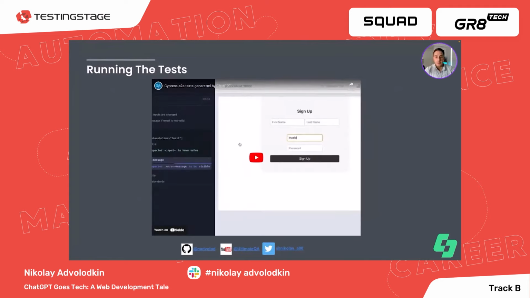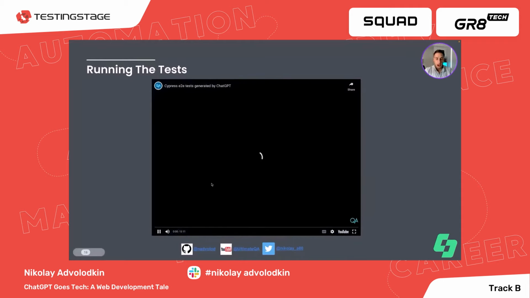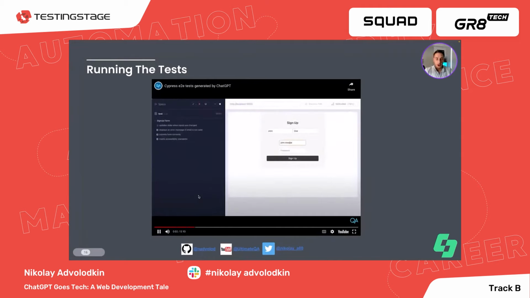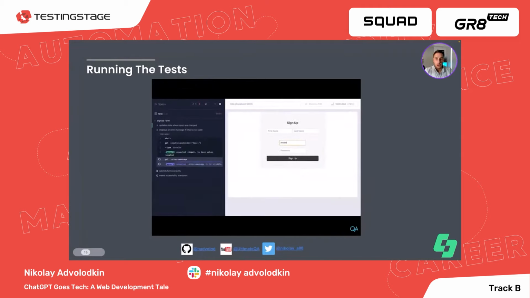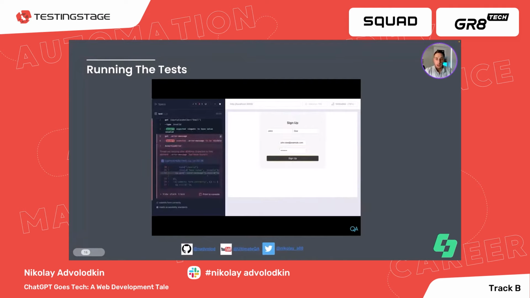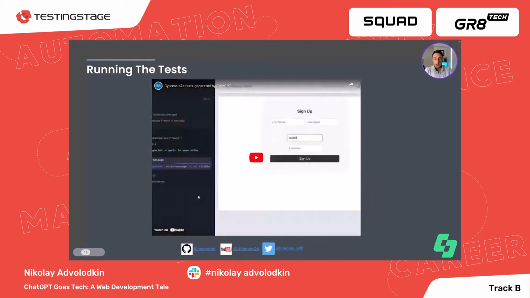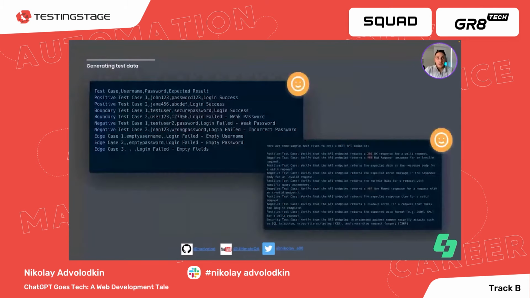Here is an example of me running the tests, just to show you that there is an actual file that was created, and all of these tests are ChatGPT generated. I did nothing here except drop them in and run them. Yeah, so you'll see a number of them failed, some of them succeeded. All right, so we kind of covered a lot of areas where ChatGPT doesn't do a good job of testing at all. So you might be asking, what is the value of using ChatGPT for automated testing?